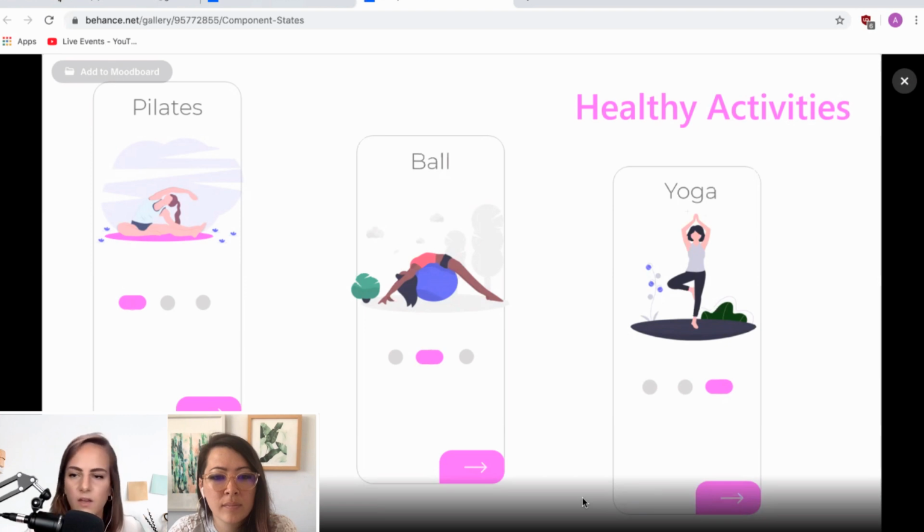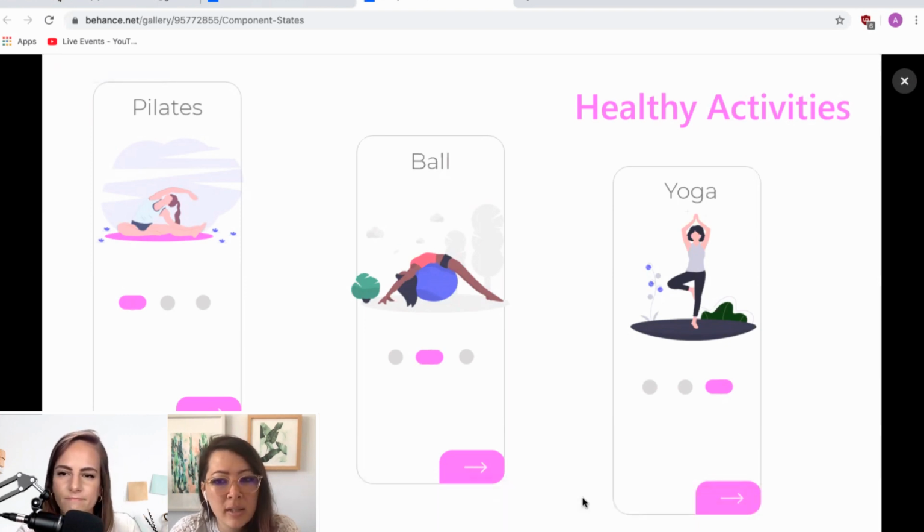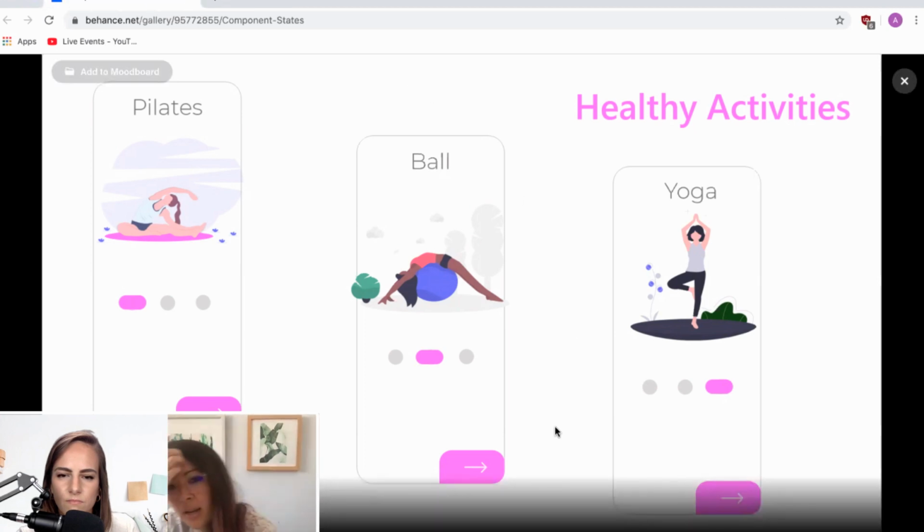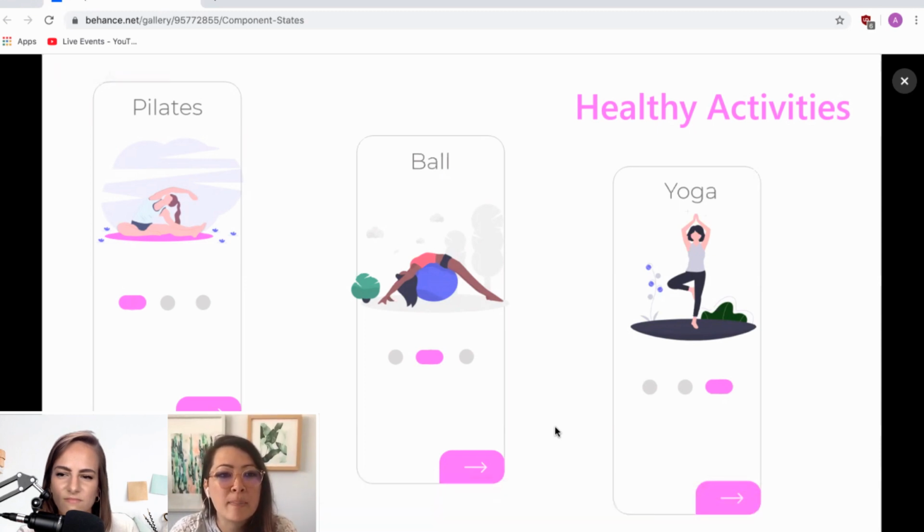What about you? Any feedback before we move on to another one? I like these illustrations a lot. And I like that the middle one is playing off and going off this main screen a little bit. But if you play around like that in a mock-up, I kind of want that to be on all the screens. You play a little bit with boundaries like this. But I really love the colors and the illustrations themselves. I'm wondering if you got these from somewhere or made them, but these are really great choices, and I like that. It makes me feel really calm and like I want to work out. So that's a good thing.